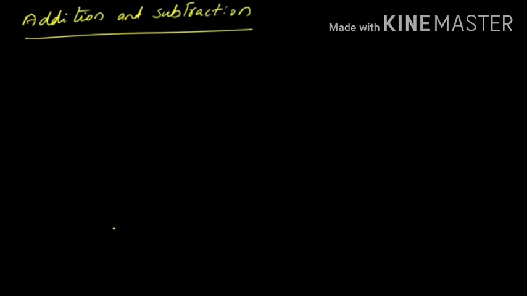So now it is addition and subtraction. Addition and subtraction is much more difficult than division and multiplication. In order to do addition and subtraction, we need to make the exponents the same. But for multiplication or division, no need to make the exponents the same. You just need to add or subtract the exponents. But in order to do addition and subtraction, we need to make the exponents the same. Okay, for example,